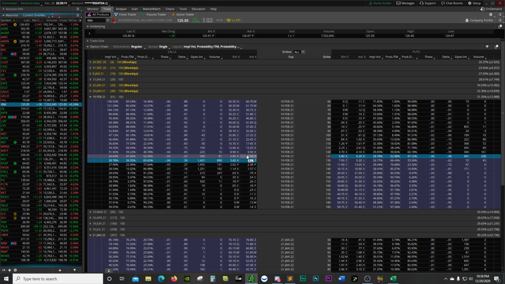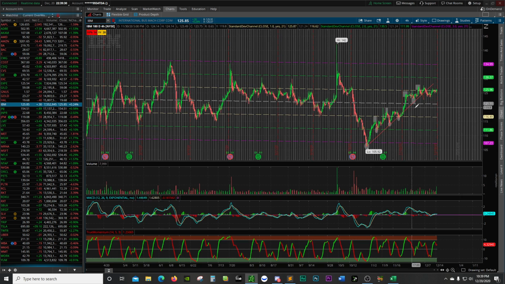Whereas if I get into it at the bottom first and then wait for it to pump and then get in at the top, I'm basically taking in maximum premiums from both sides. Whereas this is an average of both sides of premium, if that makes sense. That's why I like to get into this when it's at the bottom. And then once it starts coming up, let's say,